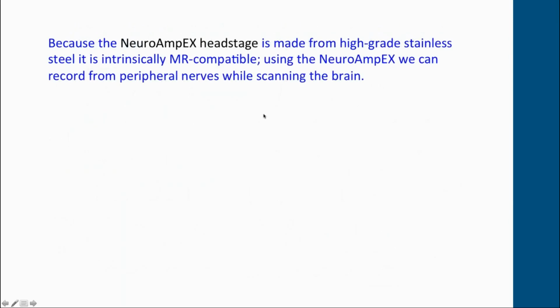Now, at the outset I mentioned that the head stage of the Neuro X is made of high-grade stainless steel, and this is actually advantageous because we were thinking, oh, maybe we can use this in the scanner, because we'd been doing some brain imaging work and we were interested in identifying sources in the brain responsible for generating bursts of muscle sympathetic nerve activity or bursts of skin sympathetic nerve activity. And like most people at the time, we'd been using physiological maneuvers in the scanner that we could also use in the lab.